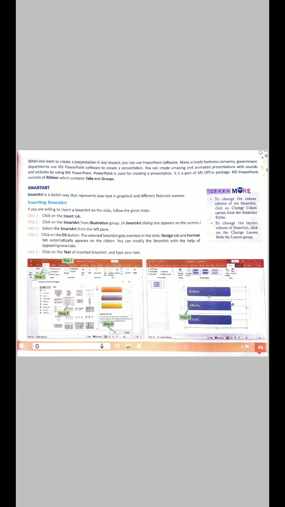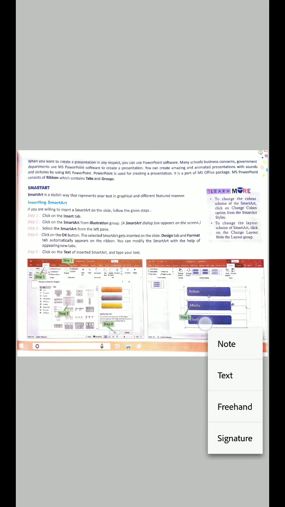For example, your marks card. Your marks card is in the form of a table and data: your subject name, your obtained marks and the full marks are the data of that table. So it can be presented in PowerPoint. Various ways are there to present the data. Later on we'll see this in this chapter.